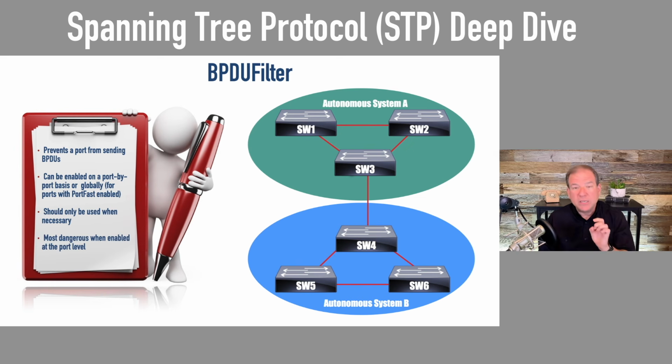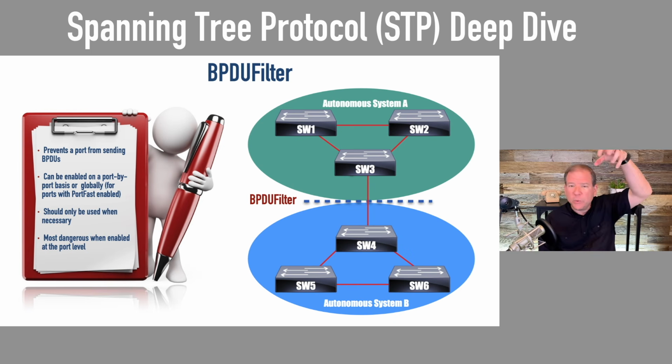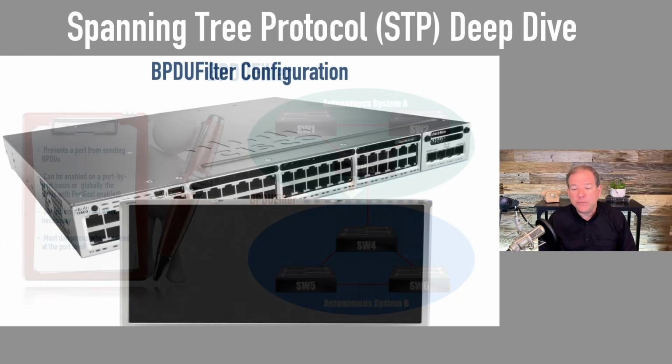So it is most dangerous when we enable this at the port level instead of globally, because at the port level, we might accidentally enable it on a port that's a trunk. At the global level, at least we're only turning it on ports that have PortFast enabled. But here's the way it would work. Let's say that we put a BPDU filter on switch 3 going down to autonomous system B, and we put a filter on switch SW4 going up to autonomous system A. And switch 3 tried to send a BPDU down out of its port, bam, it's going to be blocked